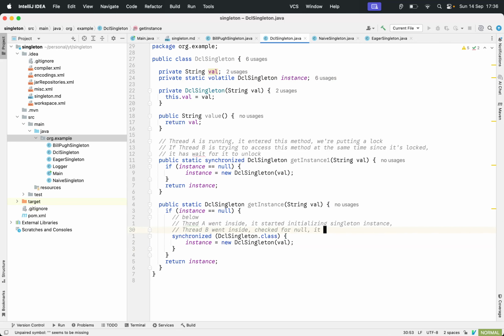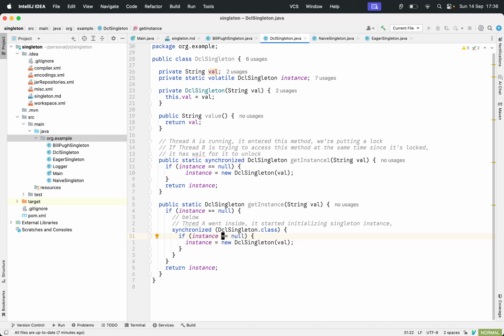The second null check is to really make sure that it is null. So let's say both threads enter this context at the same time. Only if it is null do you initialize the second time. Let's imagine two threads like this, both trying to do the same operation.